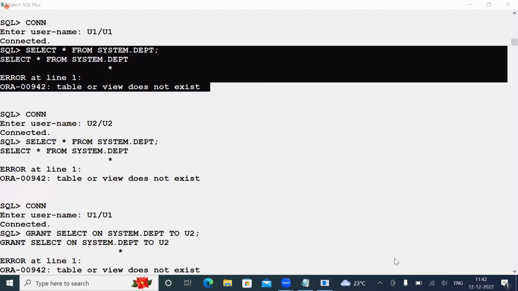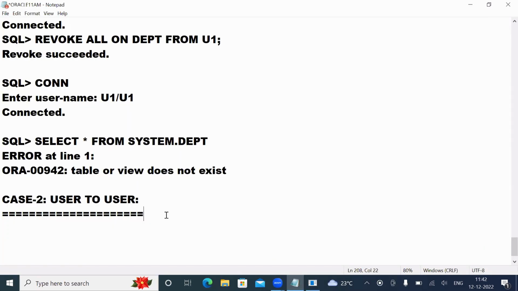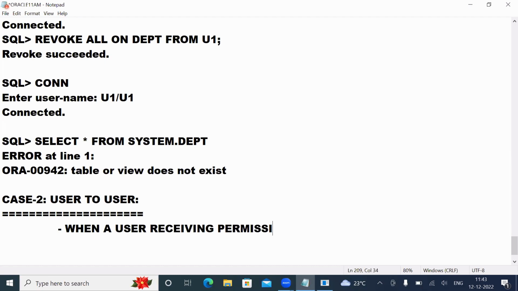That means there is one statement we need to use. What is the statement here? Whenever the database admin wants to give permissions to another user, the WITH GRANT OPTION statement must be used. So what I'm saying here is, when a user receives permissions with the grant option statement,